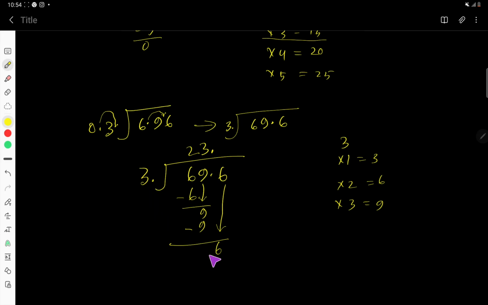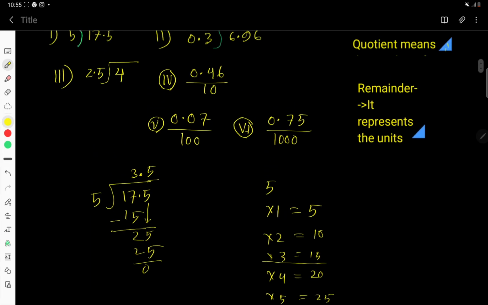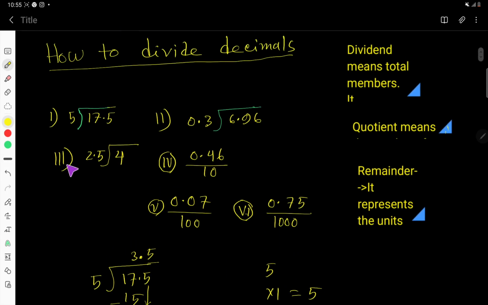Now 3 goes into 6 how many times? 2 times, write 2. 2 times 3 is 6. If you subtract, 0. So your answer is 23.2. This is the quotient, right? Now consider this example,